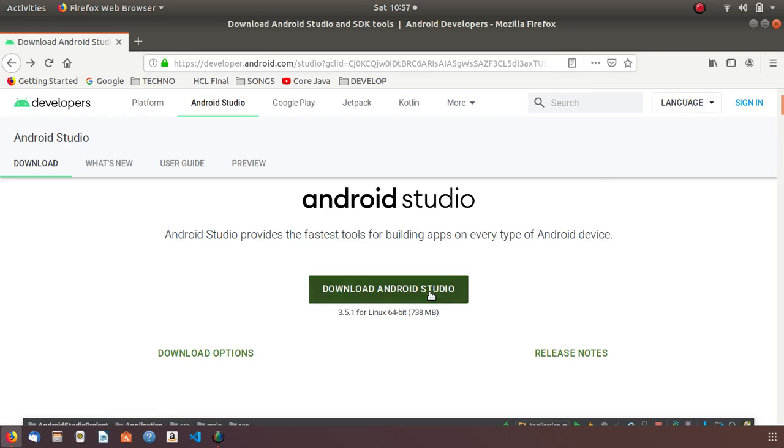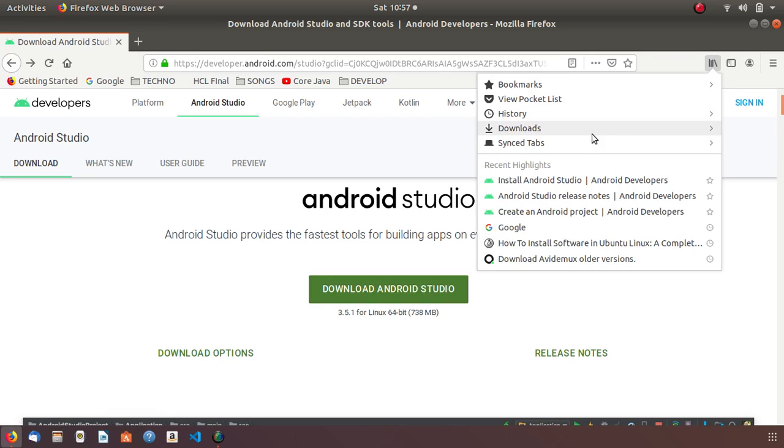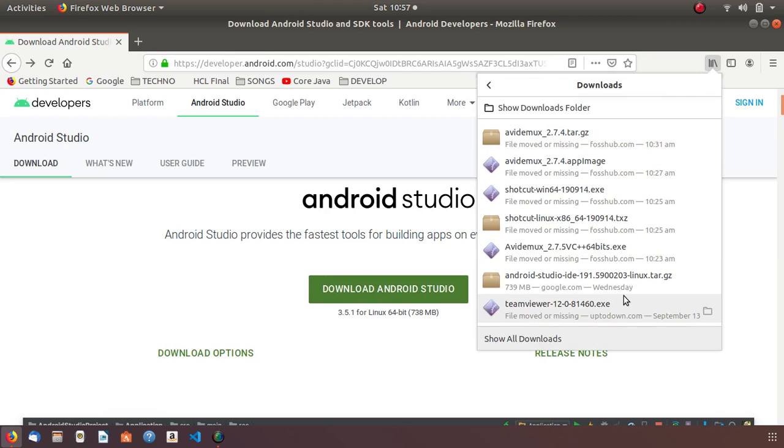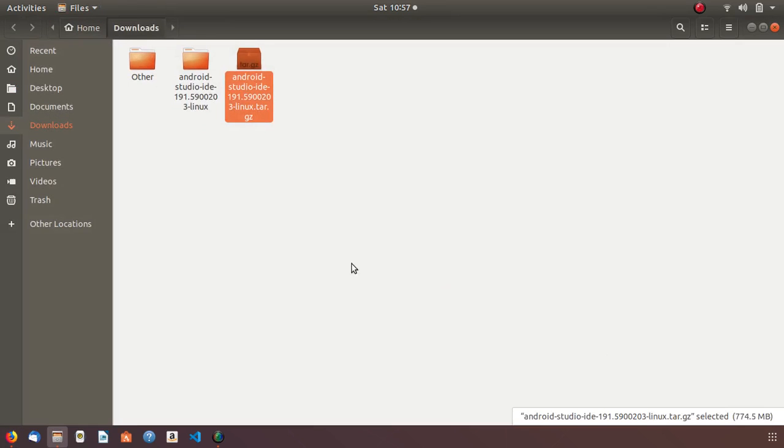So I'm not downloading again because I have already downloaded the software. So I'll go to downloads folder. So yeah, this is the software, downloaded, and you can extract this software to the installation location and you